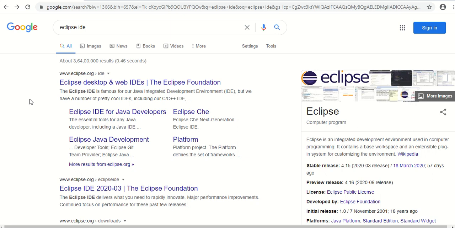So as you can see in this video, I'm going to talk about how to install Eclipse IDE and set it up. Basically, before starting the Eclipse installation, I would like to tell you what exactly Eclipse is. Eclipse is an integrated development environment, and we can use it to write our program, compile the code and see the output, everything in this software. So you don't have to manually write code in Notepad and compile from the command prompt